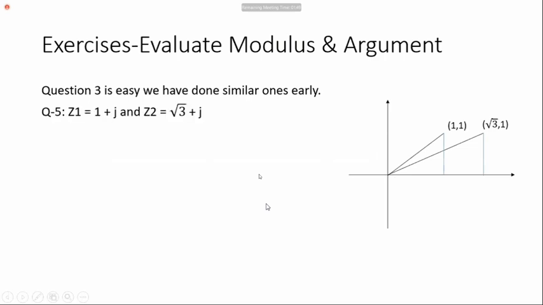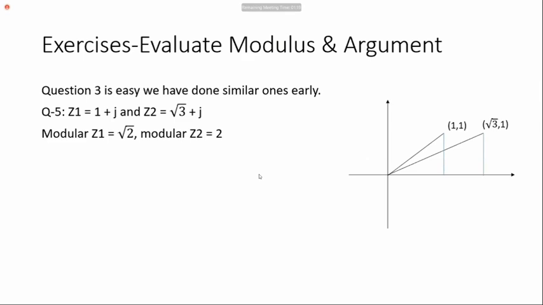Question 3, again easy. Now question number 5. Z1 is given, and this is important, because of how to get the product. This is a very important question because using the formula, Z1 is given, Z2 is given, how to calculate Z1 Z2? You can't multiply here because you get square roots of numbers. Difficult. You won't get the required answer. You have to convert to polar form.